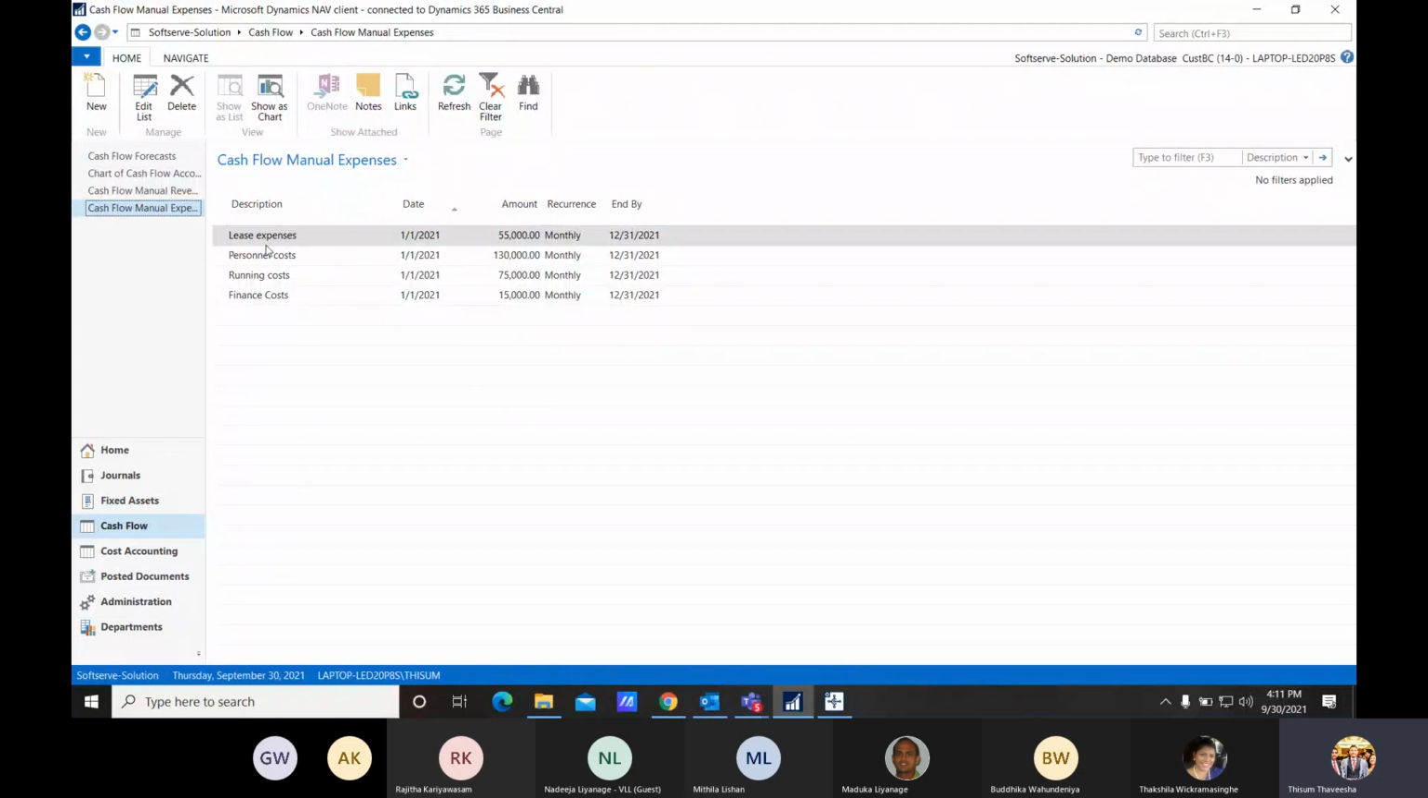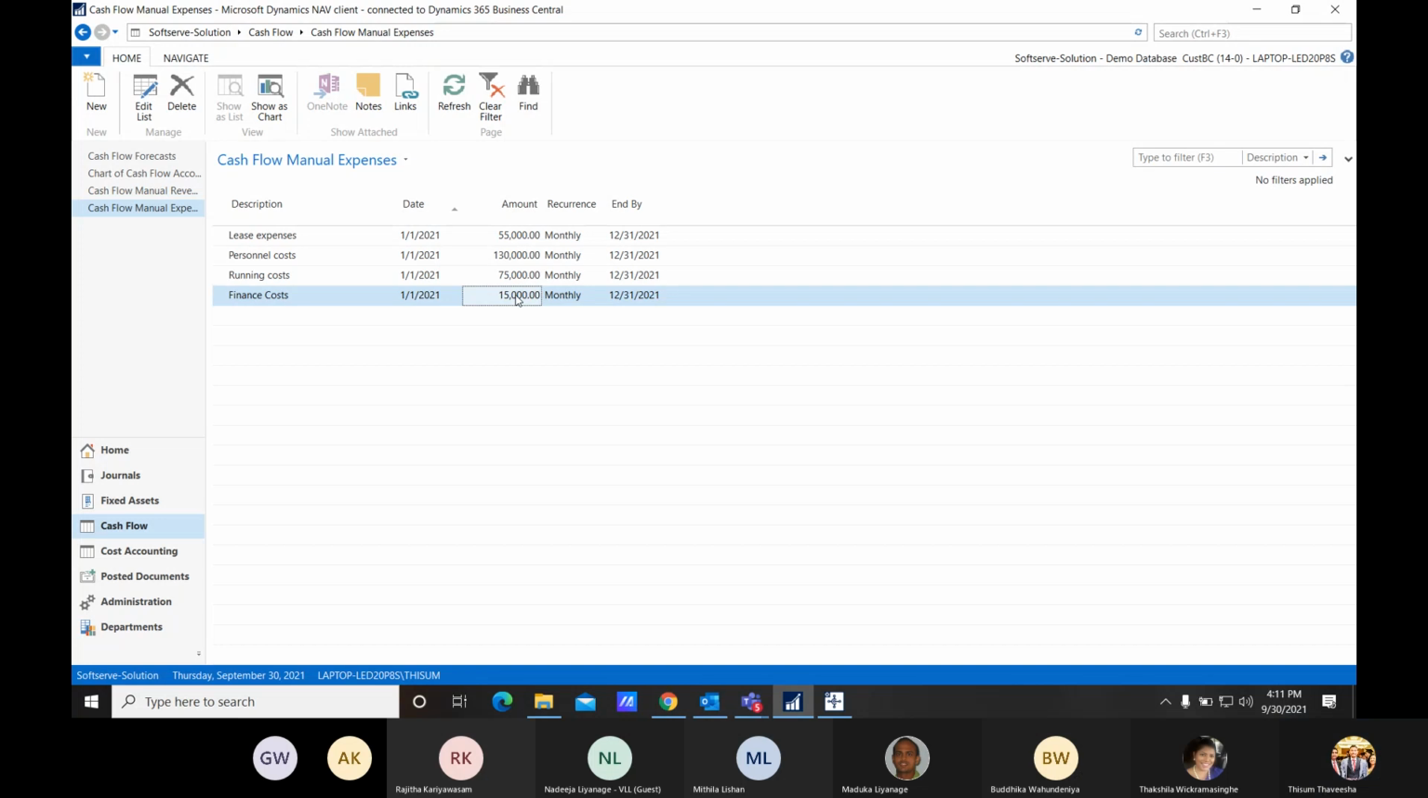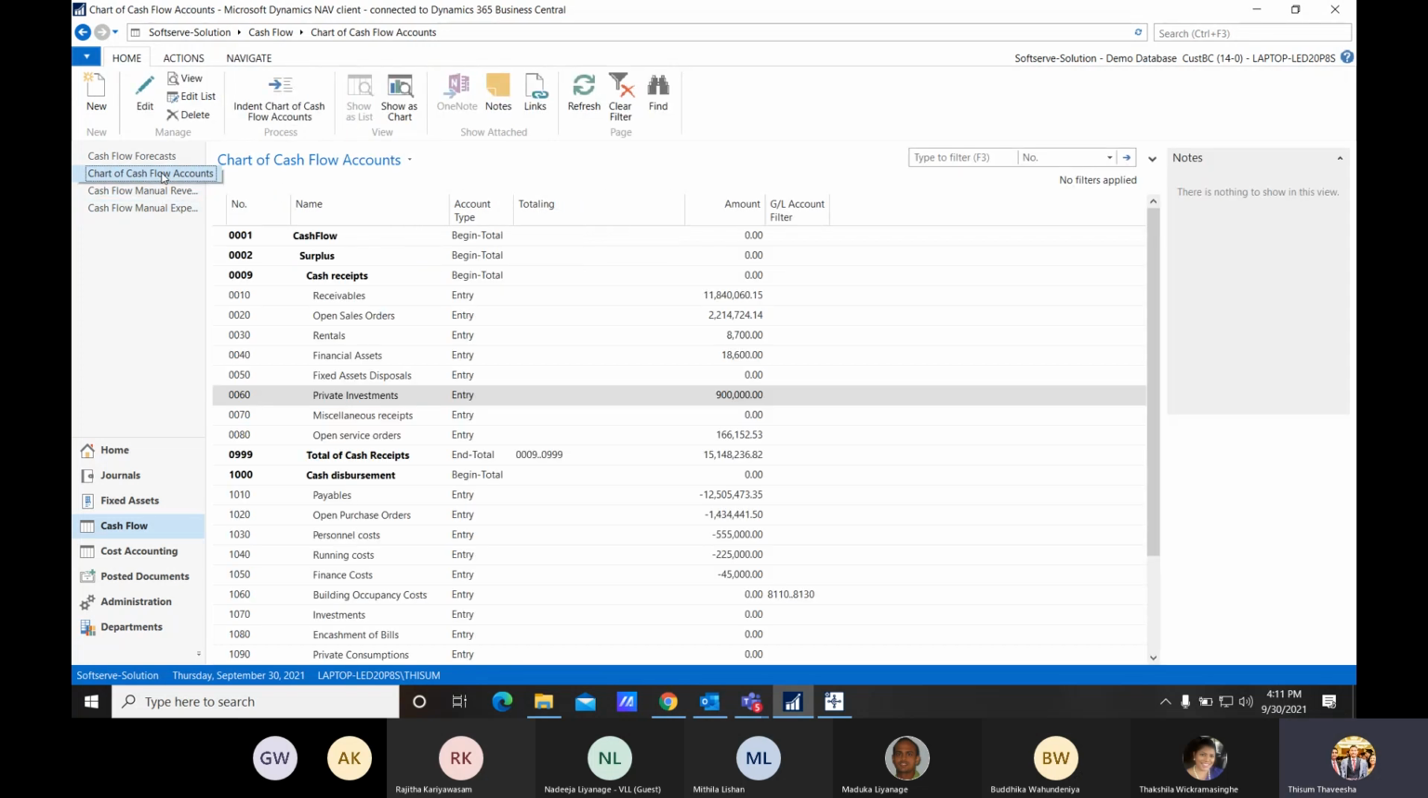Here we have the ability to enter lease expenses, personal costs, running costs, finance costs. Here we can enter all those things, your starting date and the ending date and the relevant amount. Likewise, you can configure all these things in your cash flow, right? So likewise, all these manual expenses and the manual revenue can be customized here,